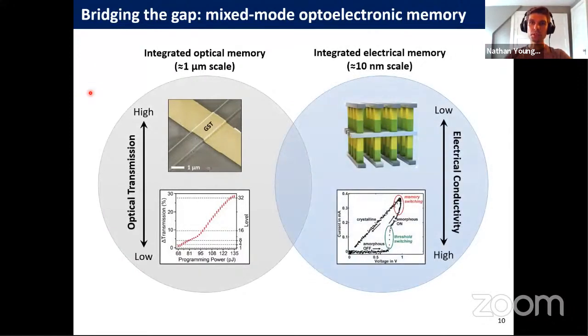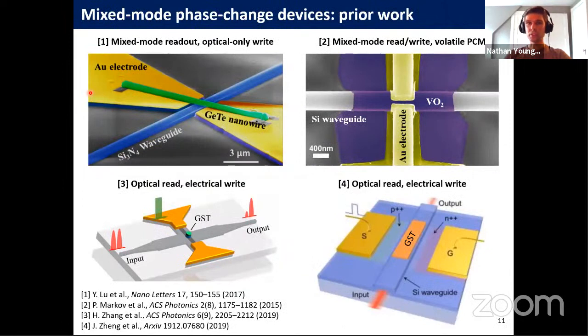But we also know that the same material can be used to create highly compact electrical memory. So is there a device that we can make that really combines the best of both worlds into a fully mixed mode optoelectronic memory cell? This has been attempted by several groups over the past few years, and they've demonstrated ways of doing semi-mixed mode phase change memory, but each approach has had its limitations. The only device that's shown here that can actually program and read out both in the electrical and optical domain is this VO2 device, but vanadium oxide is volatile, so you need continuous heating in order to maintain the